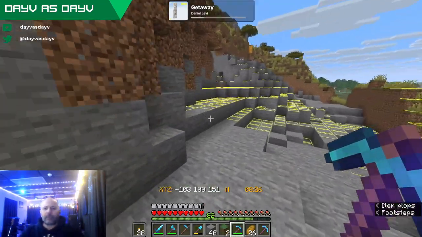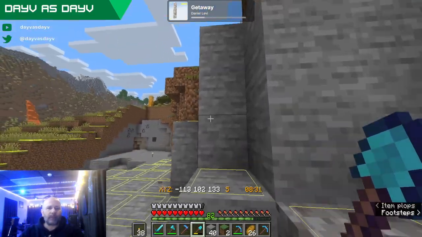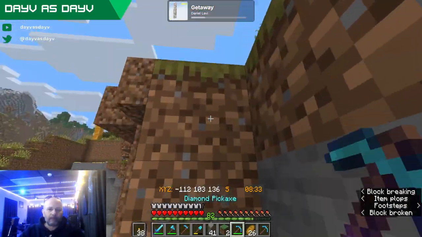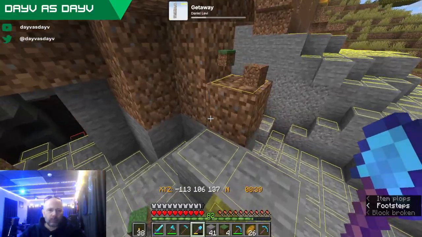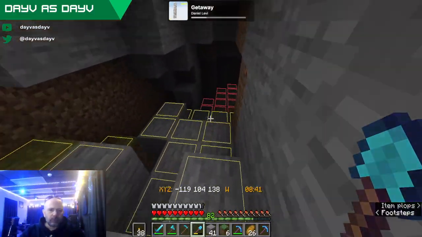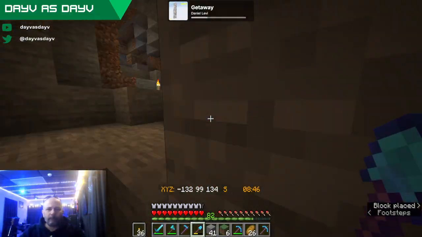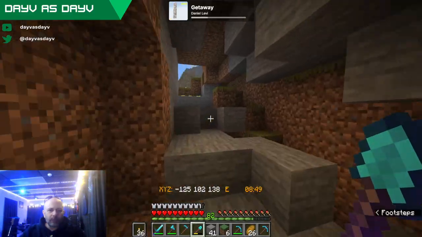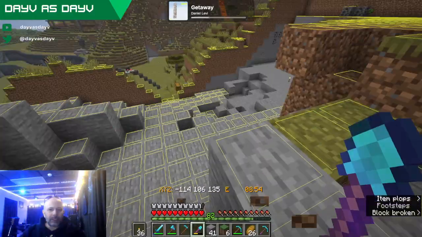Let's get up there and get this cleared off. We're working on our grass and dirt up top here. So some torches down here so nothing sneaks up on us. I like having that overlay, the light level overlay, to kind of show me what is and isn't lit up.